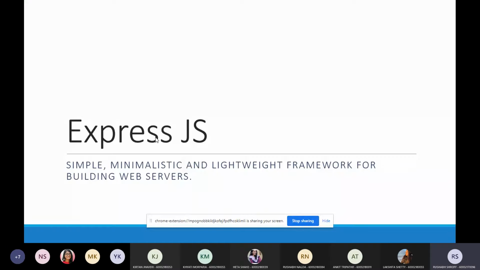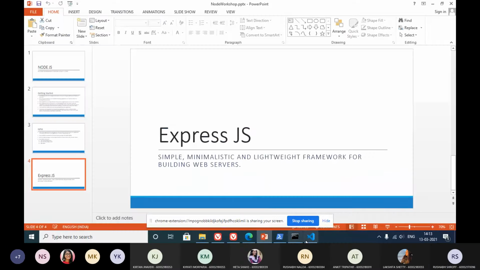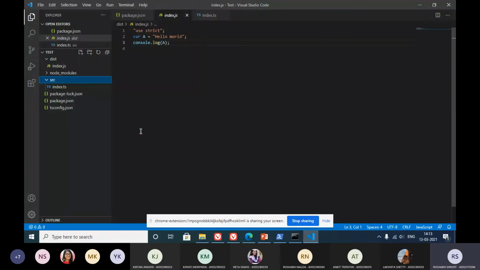To start with Express, what we are going to do is install it. Also, since we're not going to use TypeScript today, I'll be using normal JavaScript only.